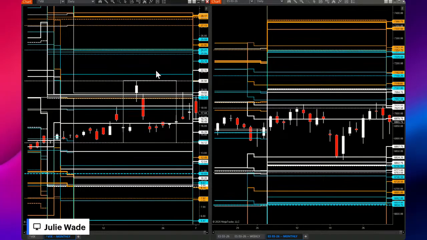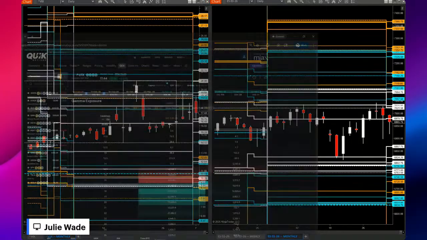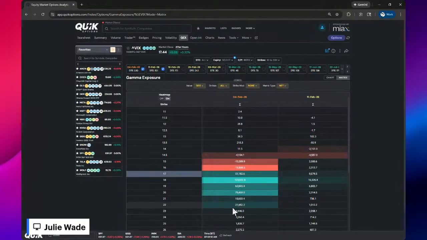That's nowhere near the way the high GEX is. When the GEX gets high, it's like many hundreds of thousands, tens of thousands, millions. It gets really up there. So no, this is nothing. Now it'll change Monday morning, so keep your eye on it. But then the next thing I like to do is come over to my